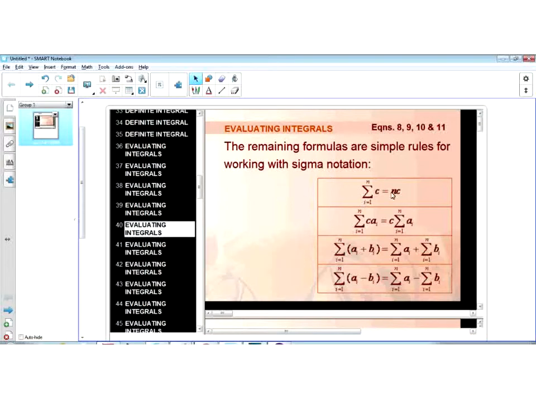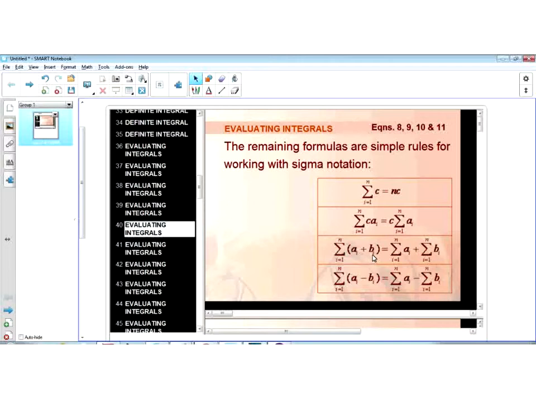Okay, some properties of the sigma. Sigma notation: if C is a constant, then the summation from i equals 1 to n of the constant means you're just adding the constant to itself n times, so that's n times C. When you have a constant times a variable that you're summing over, you can factor the constant